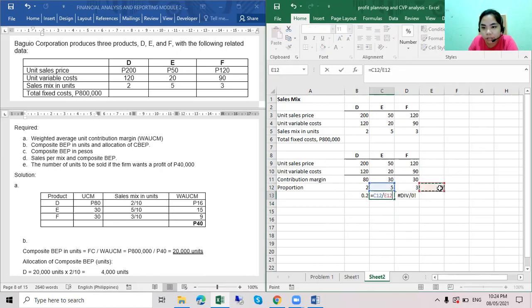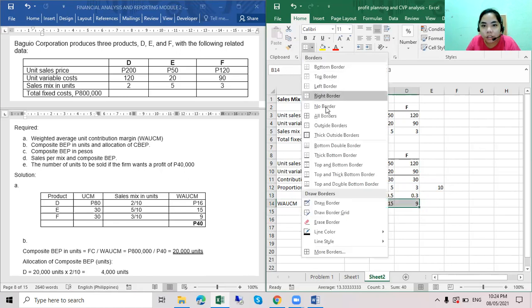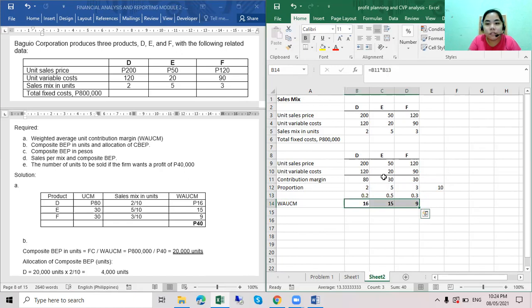Ito na lang na o ah. Then, multiply ta ni class sa iyang contribution margin. So, amula na siya ka-simple ang weighted average unit contribution margin. Okay. So, 16 pesos for D. For E is 15 pesos. 16 pesos for D, 15 pesos for E, and 9 pesos for F. So, that's the weighted